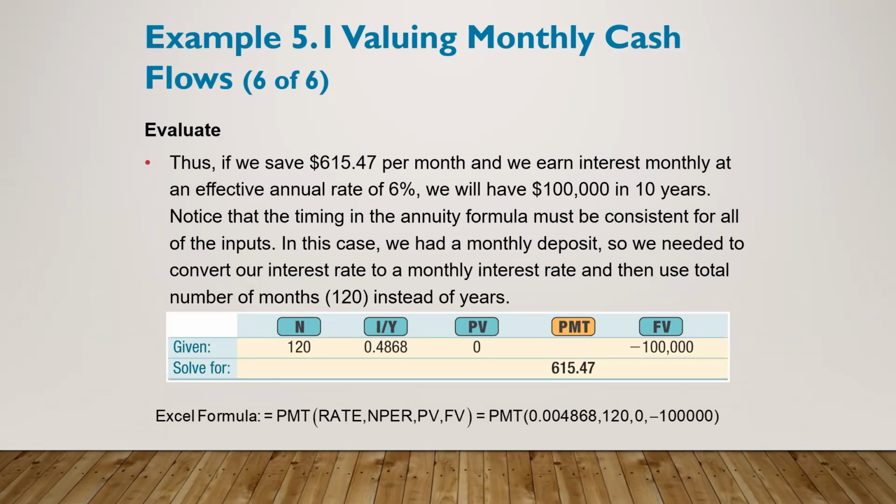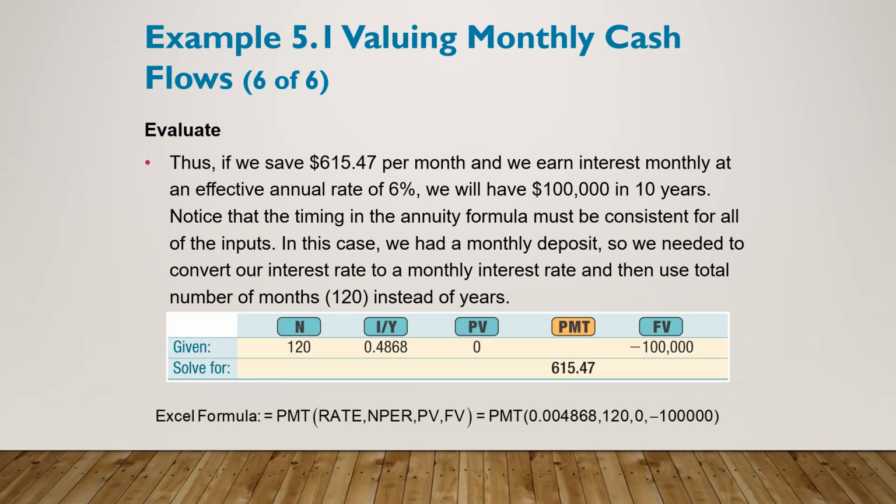Okay, so this is using a financial calculator. So if we save $615.47 per month, and we can earn interest monthly at an effective rate of 6%, we will have $100,000 in